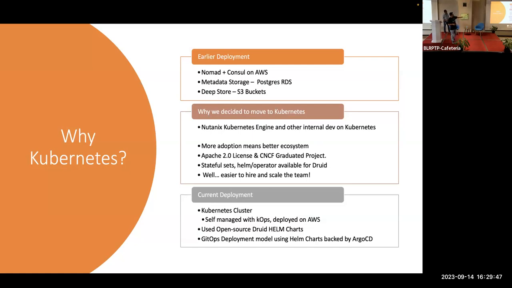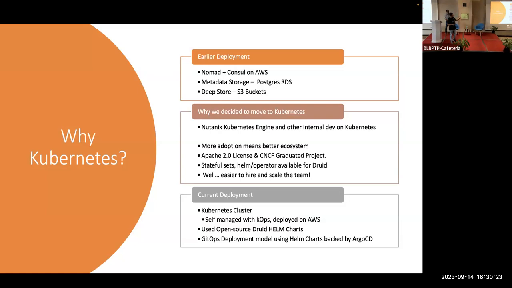Kubernetes is obviously Apache 2 license and a CNCF graduated project. For anybody who is following HashiCorp, they would know of the recent license changes, and there's a lot of talk in the community around that. Kubernetes has had stateful sets. Helm and operator, like Dinesh will explain, end up using those. These stateful sets were not there in the HashiCorp stack. Now I think it's there, but still in the beta phase. And we are an ever expanding team, and we think for Kubernetes, we will find it easier to hire and expand the team.